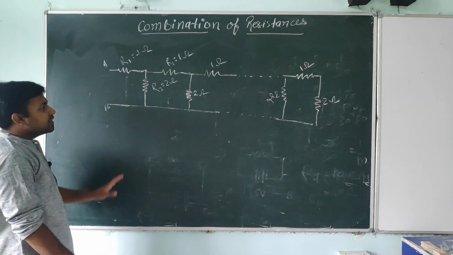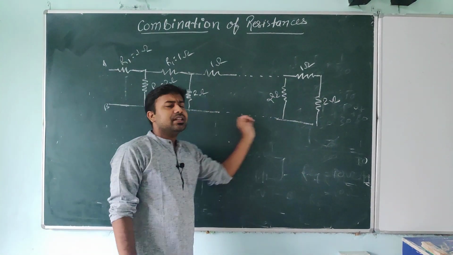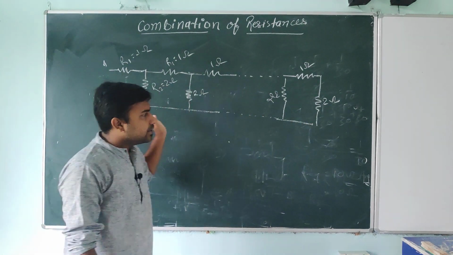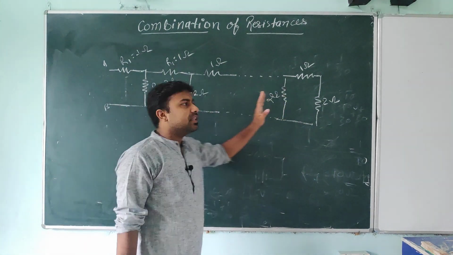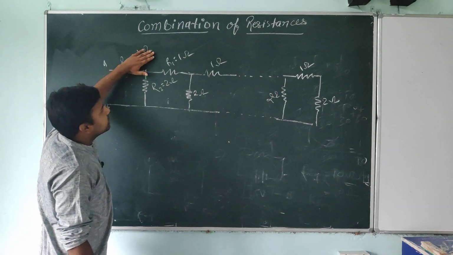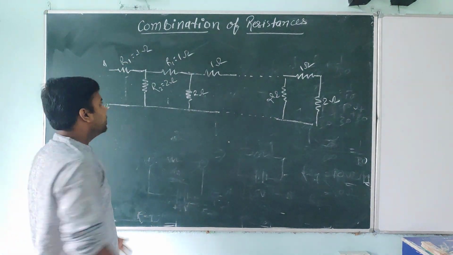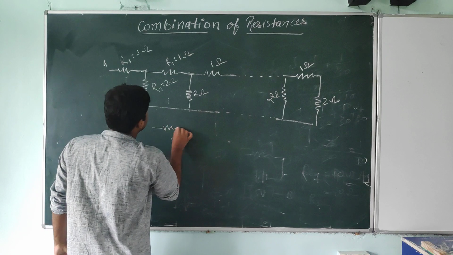Okay, student, look at this. What I am telling you, this is still infinity. Try to understand. This is still infinity. If it is still infinity and if you are removing the 1 unit, again it is still infinity. So look at this. If I am drawing till this only,